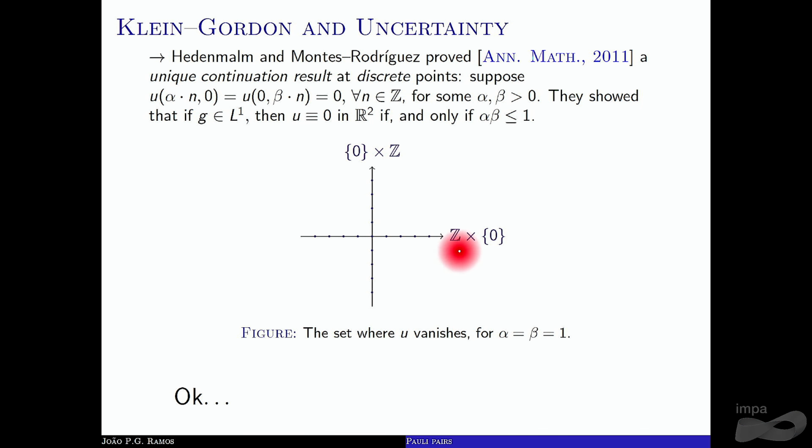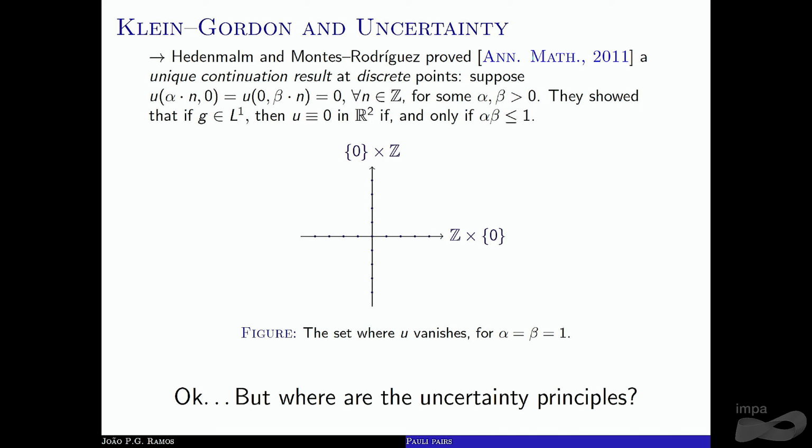So a picture of these sets is illustrated here. It's like I have Z on the x-axis and Z on the y-axis. If, for instance, I take alpha and beta to be both 1, right? And as you can say right now, well, okay, João, that's all very cool, but where the hell are the uncertainty principles, right? You all of a sudden started talking about the Klein-Gordon equation when you're supposed to be talking about Fourier uncertainty principles, it is getting confusing, right? Well,